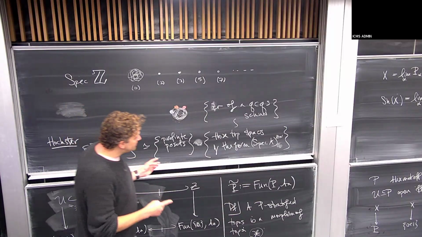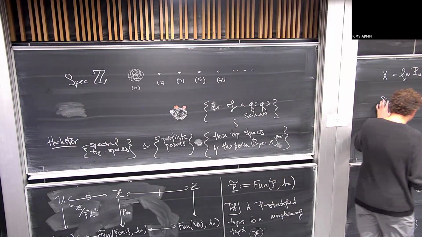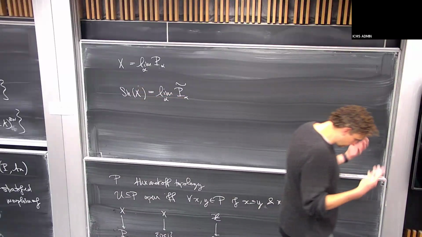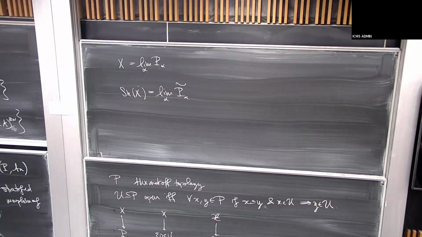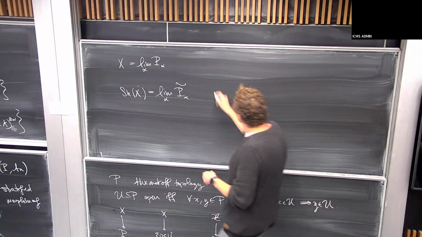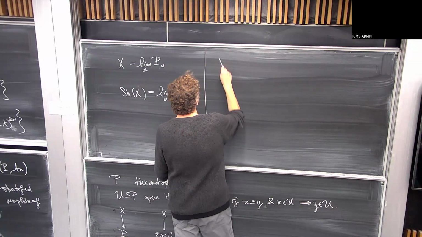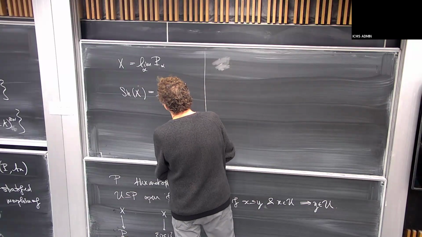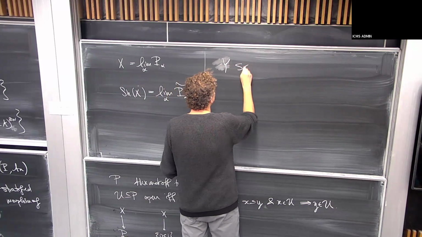So what does that mean? That means that now I'm permitted to talk about stratifications, not just over posets, but in fact over profinite posets. Why would anyone ever do this? Well, perhaps they have a scheme. So if X is, well, let's see, X is too many things. So if Y is a scheme,